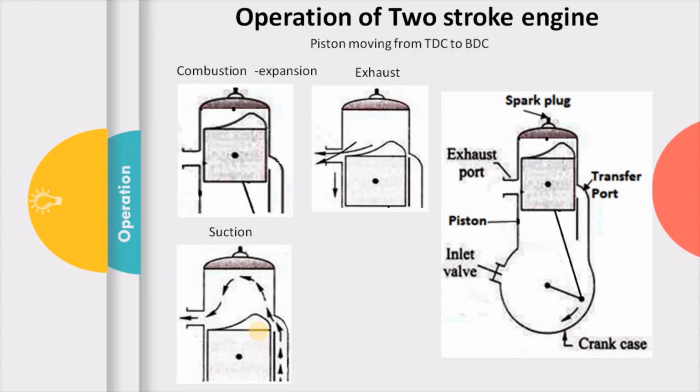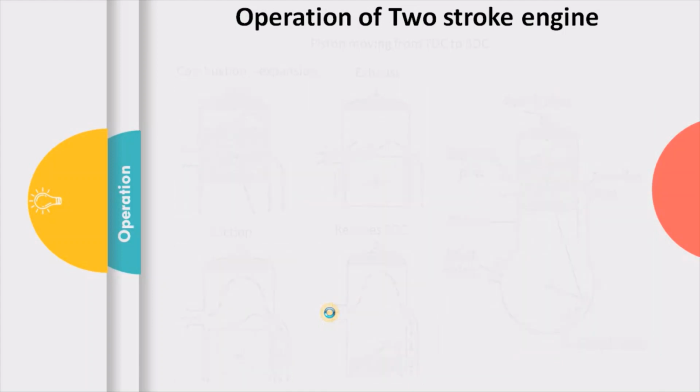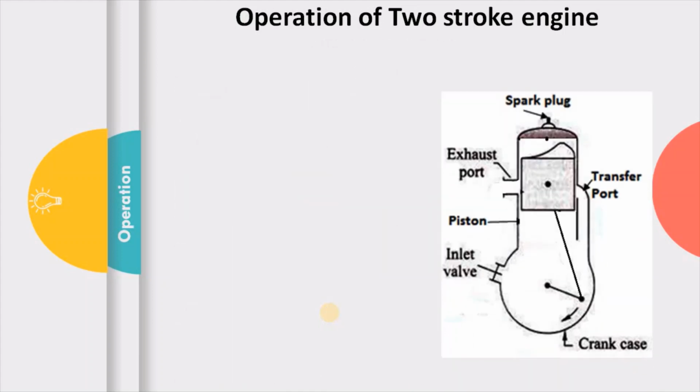So further the piston moves down, the suction is happening, and you can see over here the piston has reached bottom dead center, and when the piston has reached the bottom dead center, we can clearly see that suction is still happening and exhaust is also happening. So in all, let us summarize what happens when the piston is moving from top dead center to bottom dead center. As the piston moves from top dead center, first the piston starts moving down, so expansion starts, and